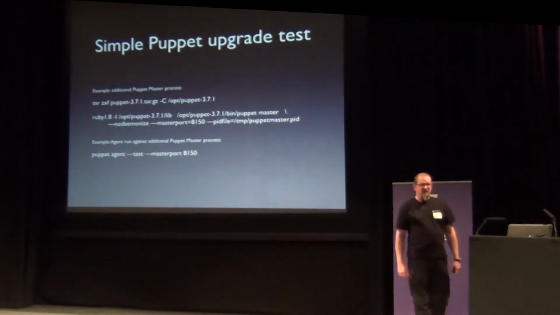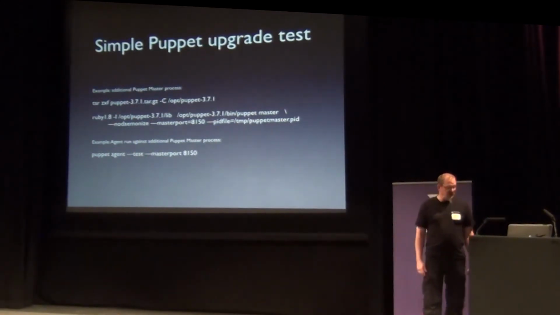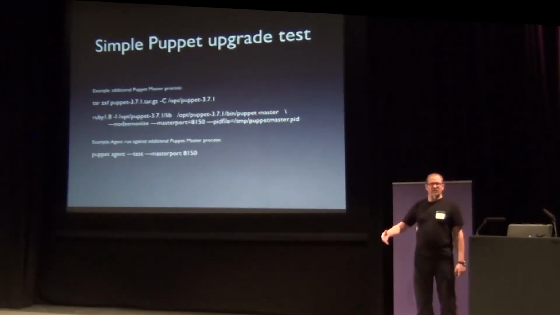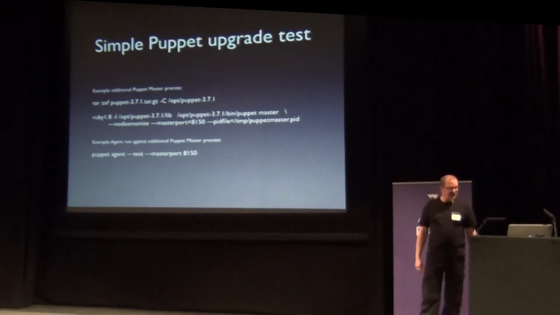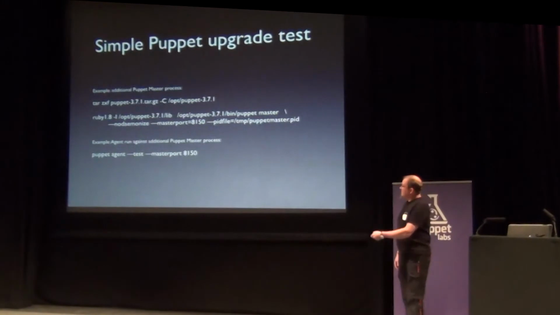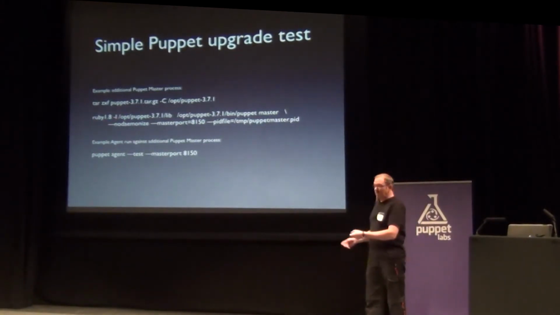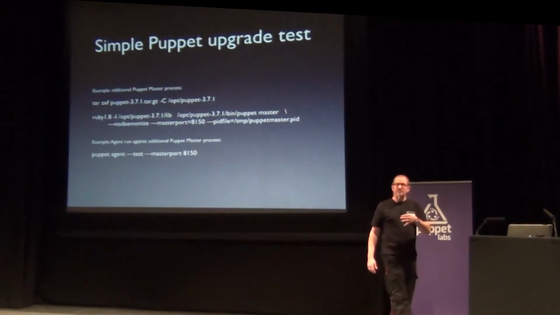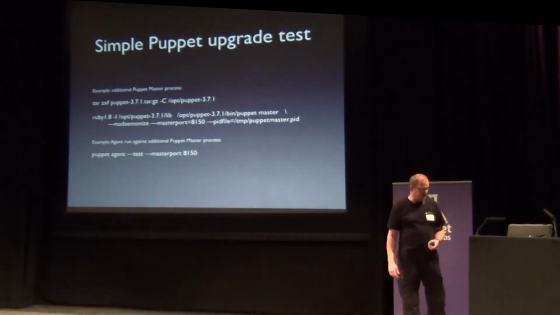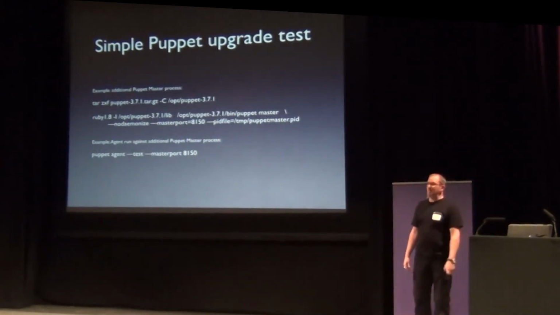Afterwards, I use my existing Ruby installation. I'm using Ruby 1.8, and I say, okay, I still want to use Ruby 1.8 with Puppet 3.7.1. And I'm spinning up an additional Puppet master, and I'm pointing it with the Ruby-lib environment variable, so that it finds its new installation of Puppet. And I just tell it, okay, use another master port,